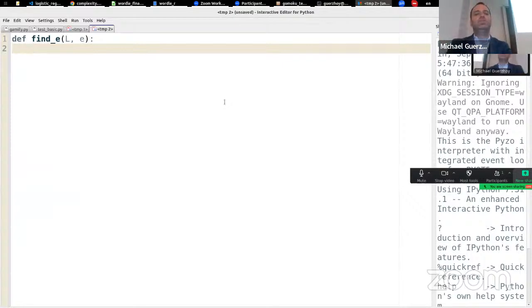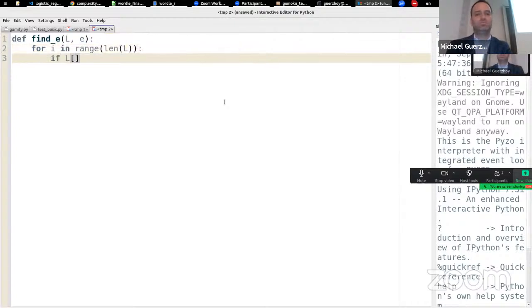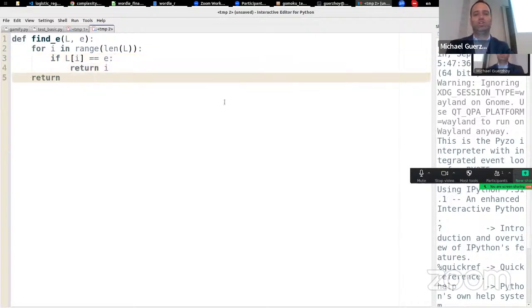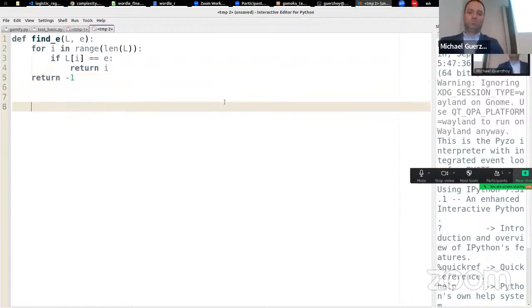So we're going back to find E. And what we're doing is we're saying, for I in range length L, so that's the same as before. If L at I is equal to E, return I, and otherwise we return -1. So that's the same thing as before. So now, what we were saying before, just before I disconnected and went to the beach, I did not. I went back to the conference center, is